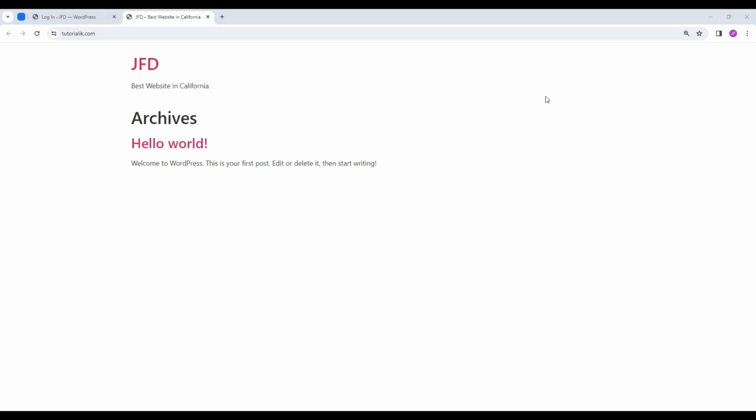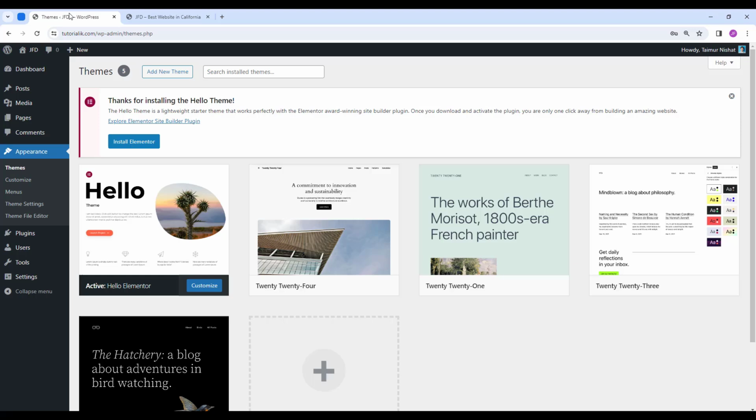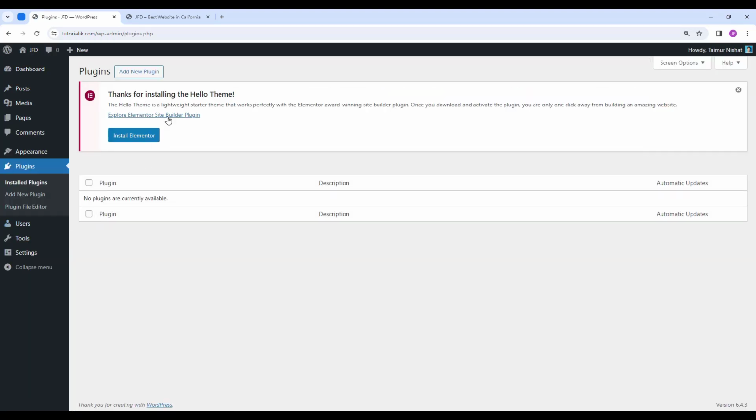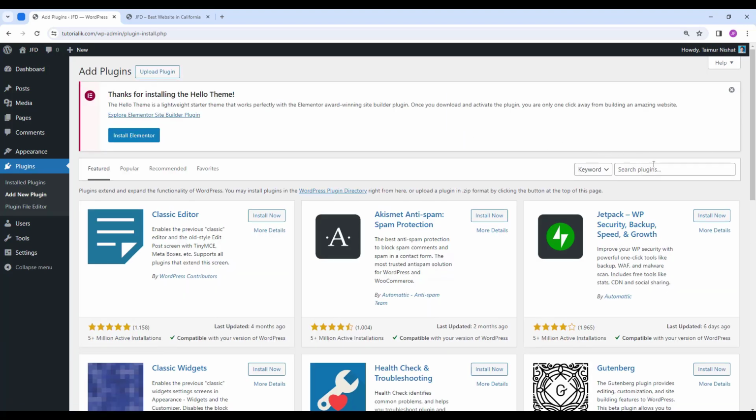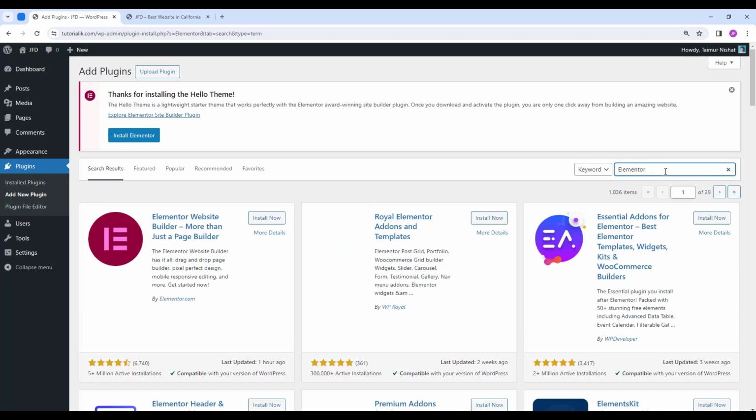So as we know, Elementor is a WordPress plugin. That's a different thing. It is a game changer for building websites, but it's a plugin. So let's add the plugin to our WordPress. So let's go back to our WordPress dashboard. Now let's go to plugins, and from here let's click on add new plugin. And from here you can search your plugin. So I'm gonna search Elementor and you will get this Elementor plugin here, and from here click on install now. Now after installing, let's activate,